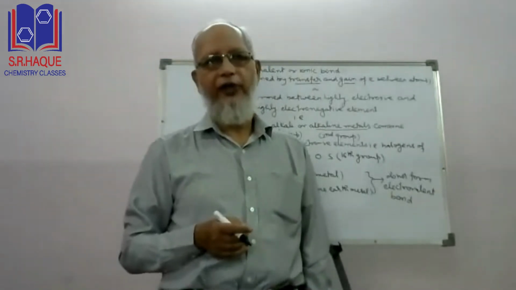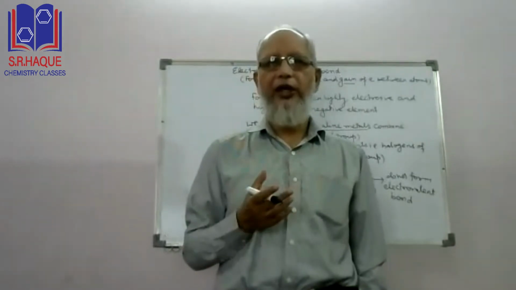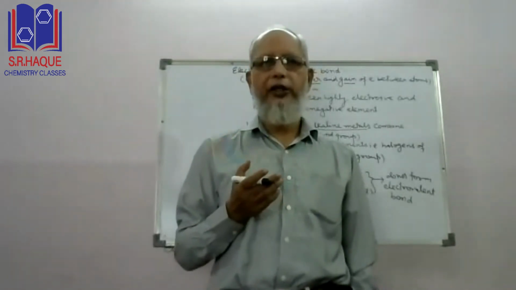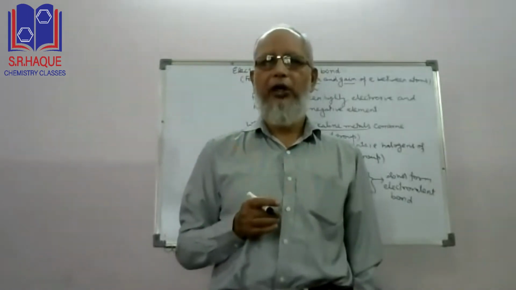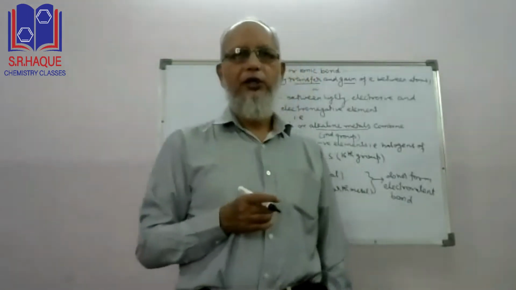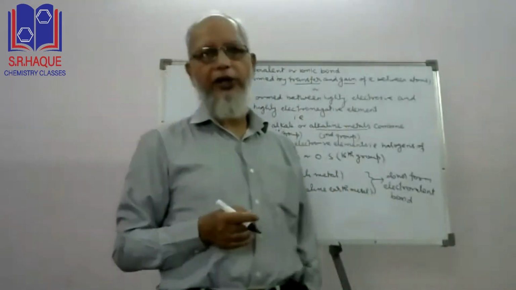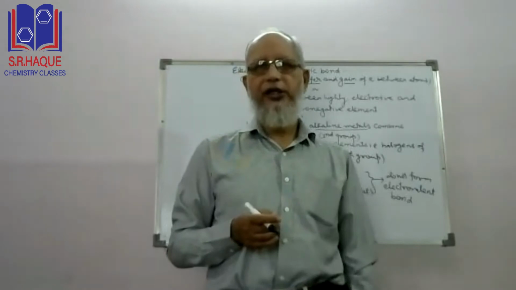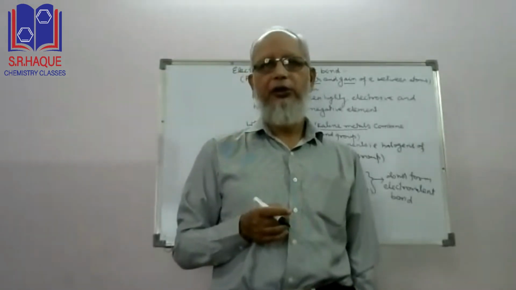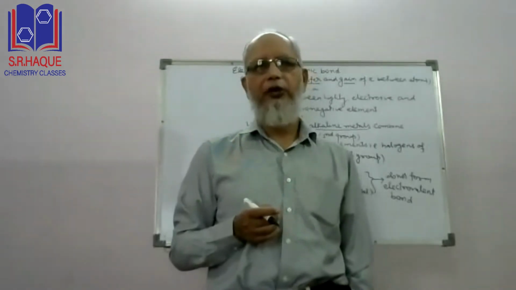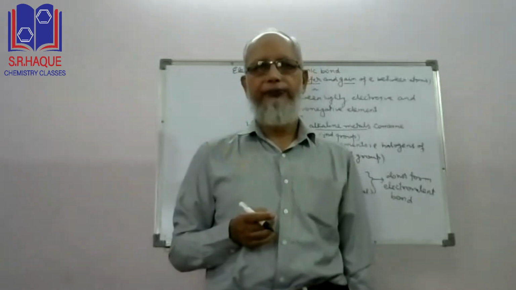But in short, here we can say that if the electronegativity difference between the metal and non-metal is either 2 or greater than 2, then only the formation of electrovalent bond or ionic bond is possible. So in case of lithium and beryllium on combination with halogen or oxygen and sulfur, we find that the electronegativity difference is less than 2. That's why they are not able to form the electrovalent bond or ionic bond, but they form covalent bond.